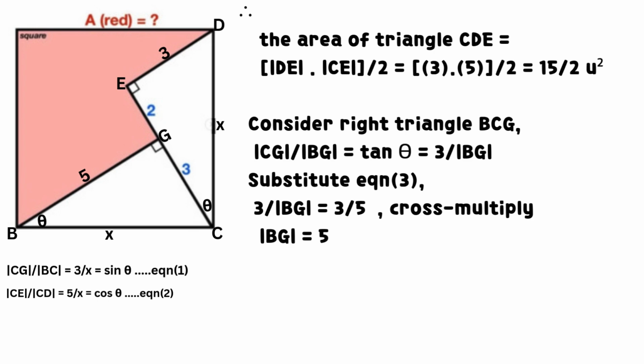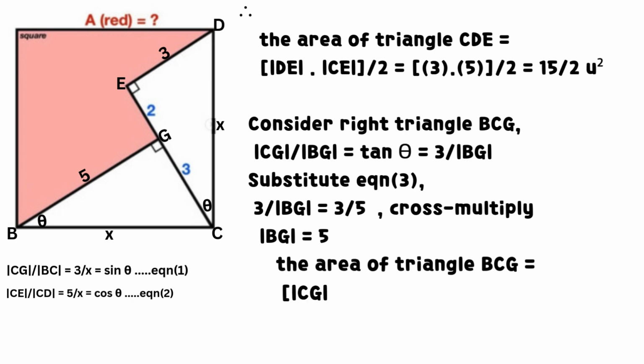Cross multiply. We have that length of line BG equals 5. The area of triangle BCG equals half the product of length of line CG and length of line BG, which equals half of 15 in square units. After simplification of substituted values,